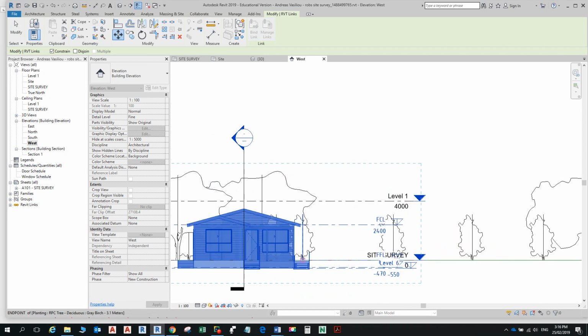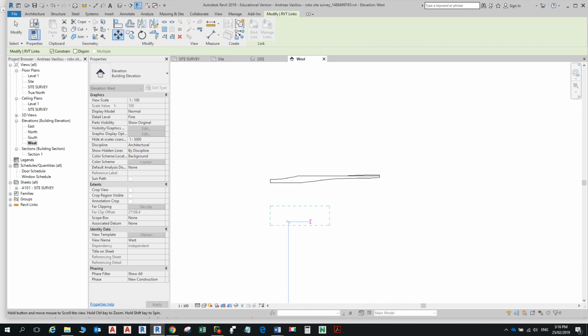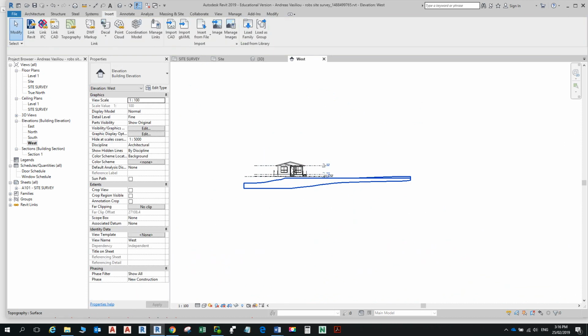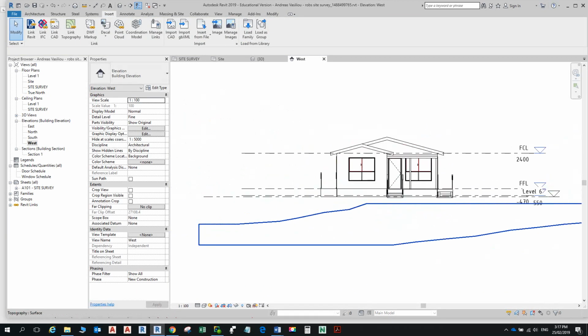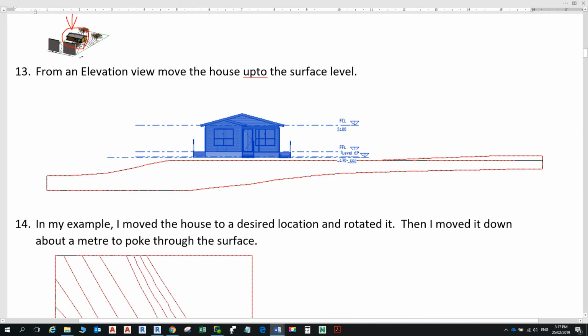It doesn't matter where. Just roughly from the finished floor level, and just go up to about there. There it is. So it's lifted up here somewhere, and then we can sort out where to put it. All right, so from that,